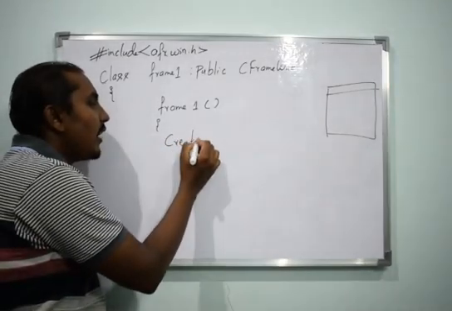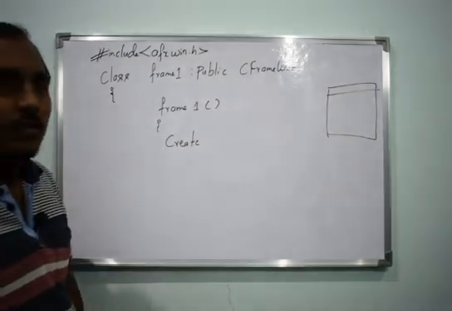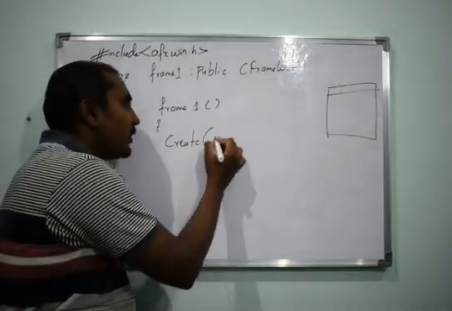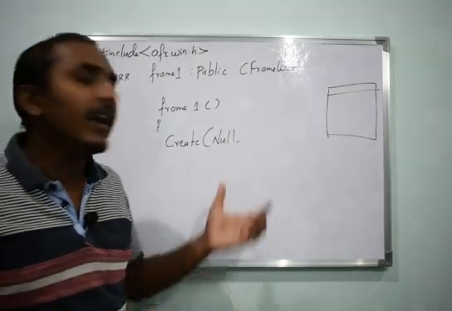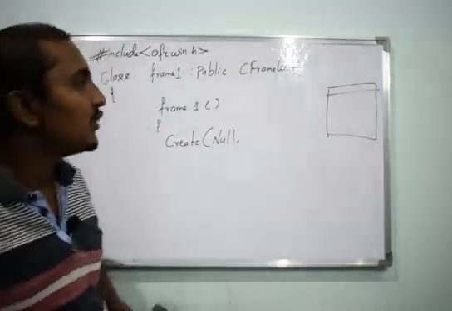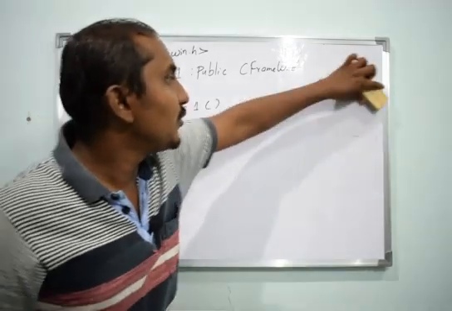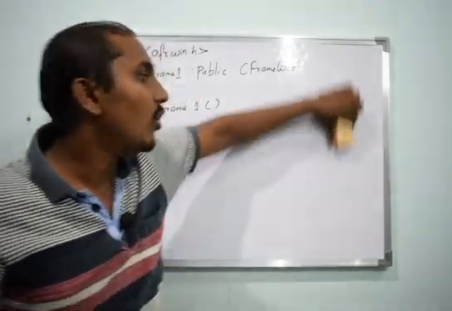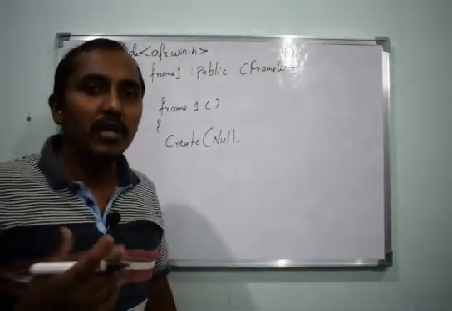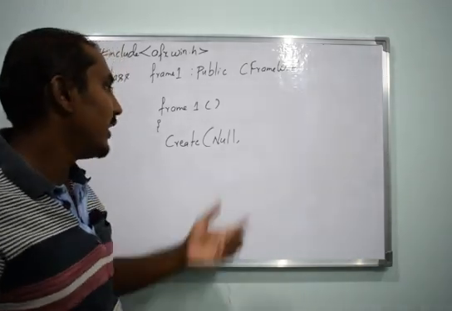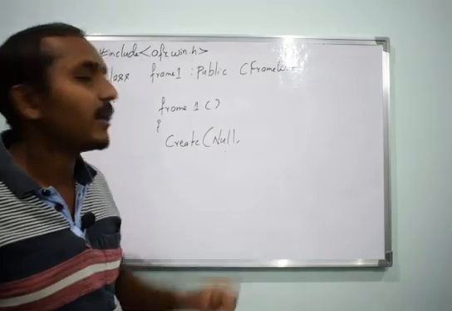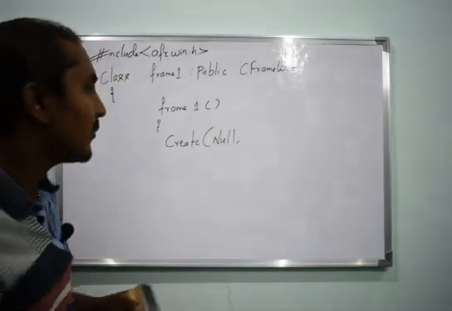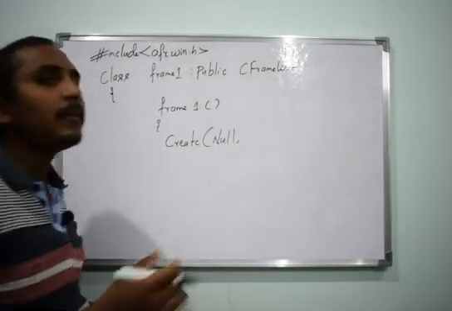For that, we have a function called create. Under that we'll have several parameters. The first parameter we are going to mention as null. Why null? Suppose you have any MDI file or predefined application that you are creating, or any kind of link that you want to make, that particular function name or object we mention here. Now I am not going to use it, so it can be null.